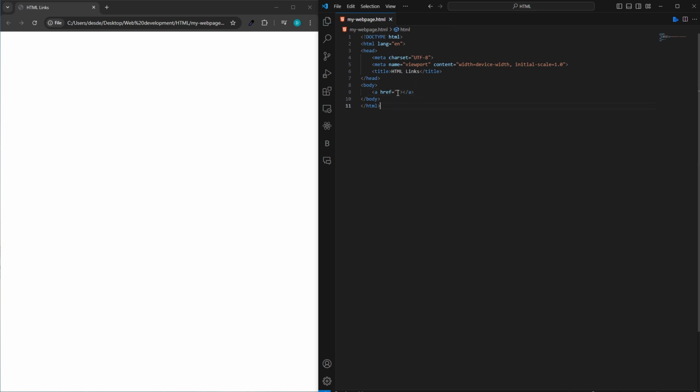So the first thing we're going to do is to try and link to a site on the internet. So the first site that we'll be linking to is the Google homepage. So to do that, just type in the web address for Google's homepage, which is https://www.google.com. Then in the anchor brackets you can now put in a text that says click here to go to